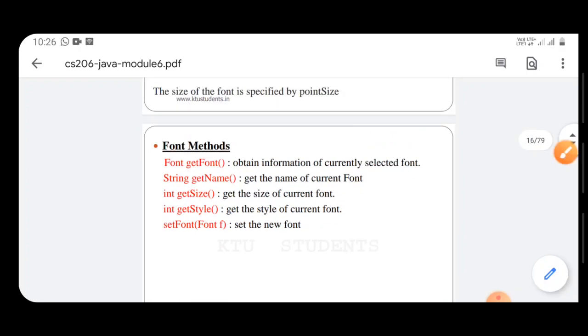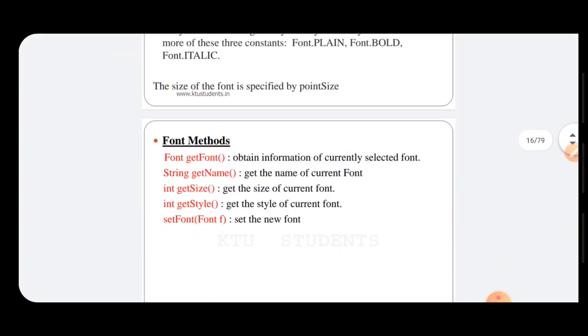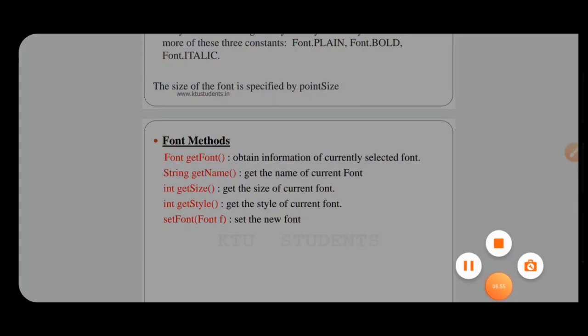That is, font class contains only one constructor which contains 3 parameters: string font name, int font style, int point size. And font class has different methods in order to get the font name, font style, and font size, and set a new font. This is all about color class and font class.